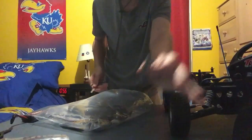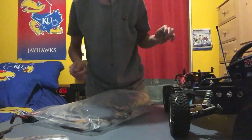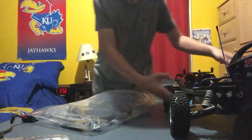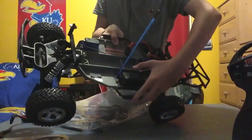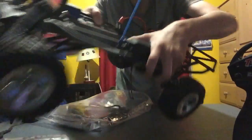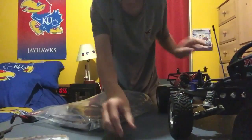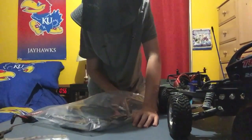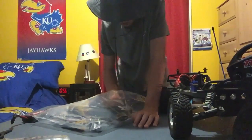We have the antenna. This is what you really need to tighten the antenna here, because the antenna is actually on a nut, and you have to put it on yourself. There's a nut right there. I don't know if you can see it, but there's a nut right in there that you have to tighten it on with that. And then you have another tightener, a wrench, a couple other stuff that you might need